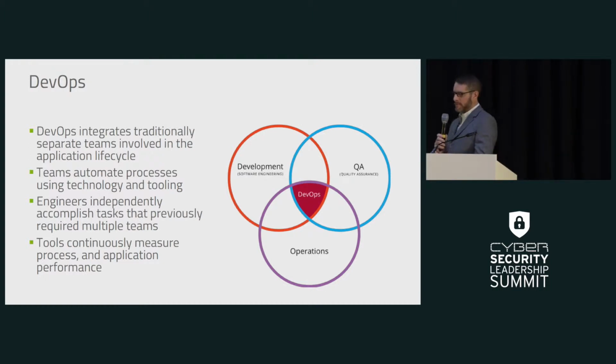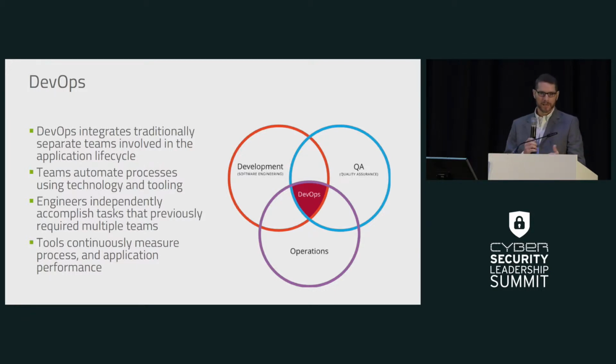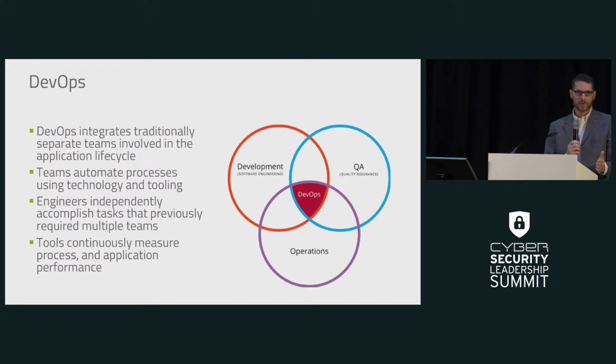On the other side, DevOps has this mentality that instead of handing off from development to operations, we integrate these teams. And by the way, quality assurance or test or security scanning, all of these things are part of the cycle as well. So DevOps is vertically integrating these previously horizontally separate